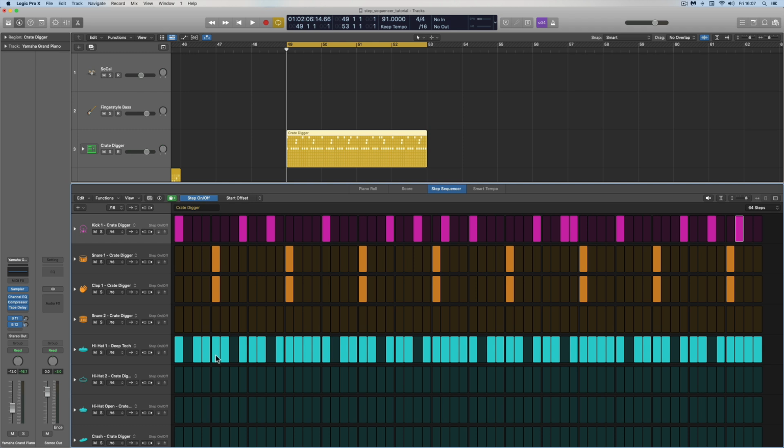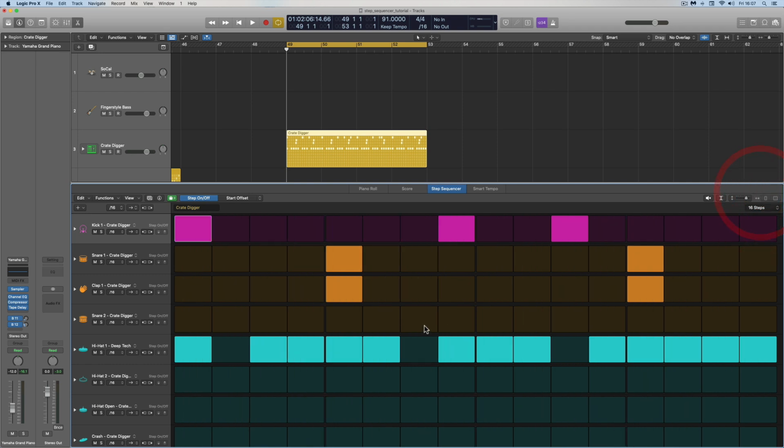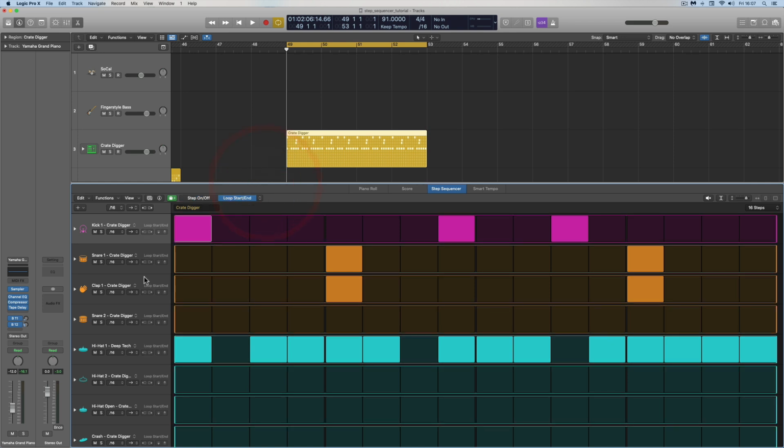But now let's say I wanted to adjust the hi-hats. Oh my god, they're repeated now, also hard baked into the whole 4 bars. So if I want to adjust this pattern, I've got to do it in this bar, and then go to the next bar and adjust it in the next bar, and then the next, and then the next. Well, what you do is, go back to 16 steps, you turn on loop. Now loop allows us to make any row any length we want. So I can make my hi-hat,